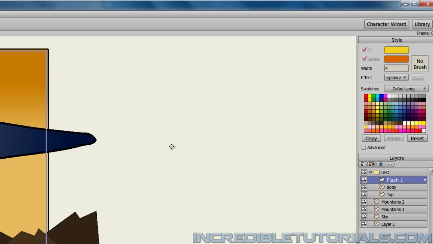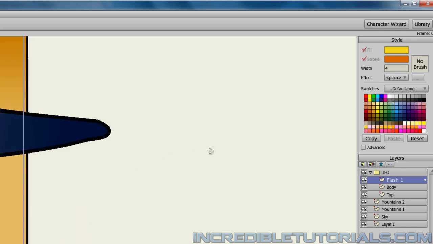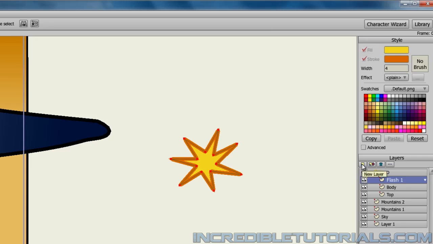So we'll start right here and just draw out something similar to how we drew out the muzzle flash, except we'll have the spikes going all the way around like this. And there we go. We now have a flash. So let's make now a second flash. We'll make a new vector layer, Flash 2,